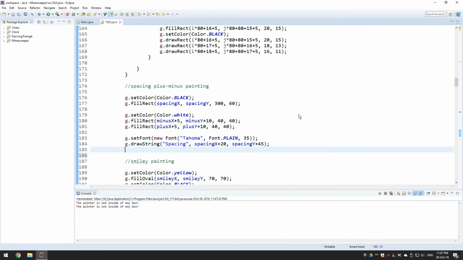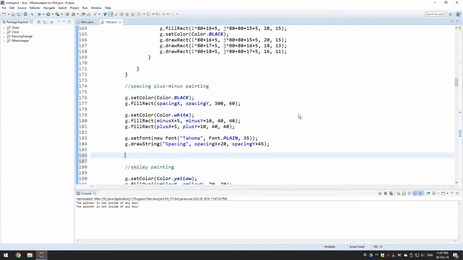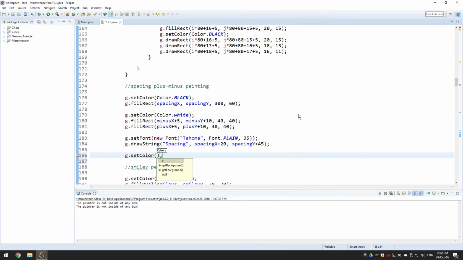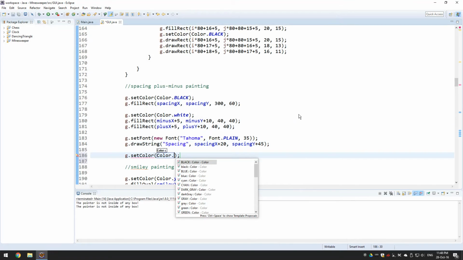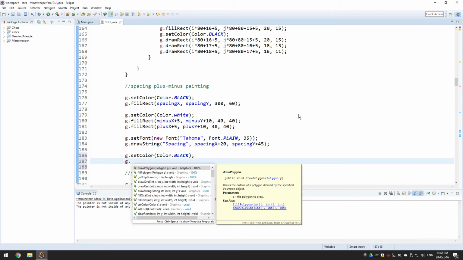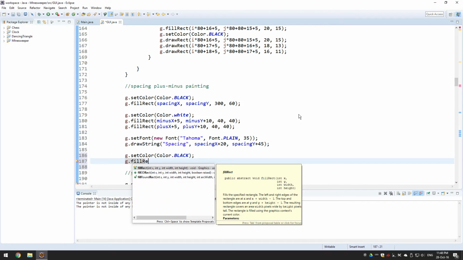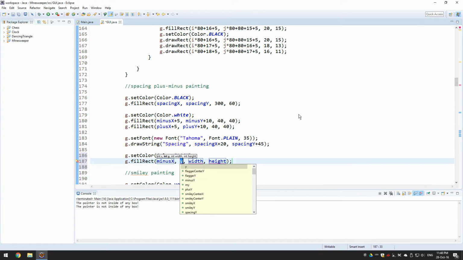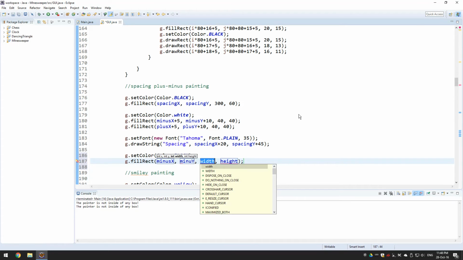So let's go ahead and change our color back to black. g.setColor Color.BLACK and g.fillRect, minus x, minus y, and we're going to increase those later,